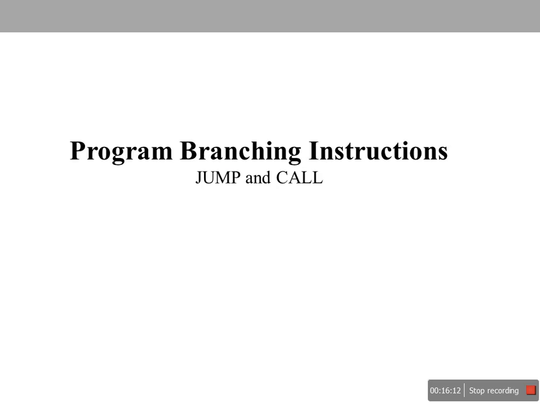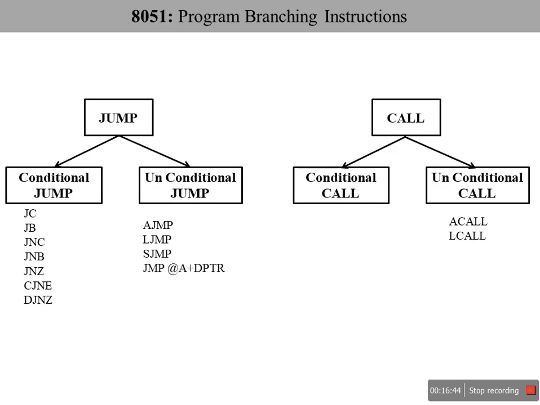Coming to the program branch instruction. These are the instructions which will be taking control from one place to another place. Now how they are taking control from one place to another place, we have two different categories of this program branching instruction. One we call the jump instruction and the other we call the call instruction. Both these instructions will take the control away from its normal execution based on certain conditions and strategies. Looking at branch instruction, a jump and a call.